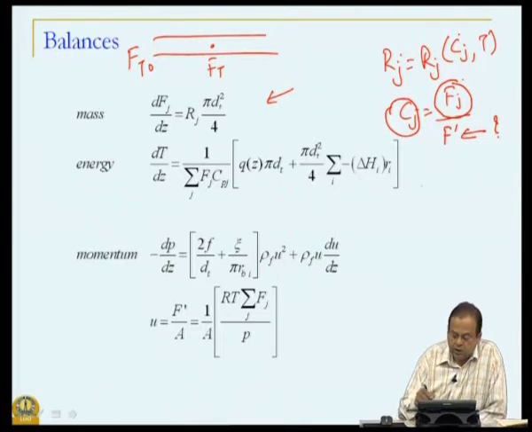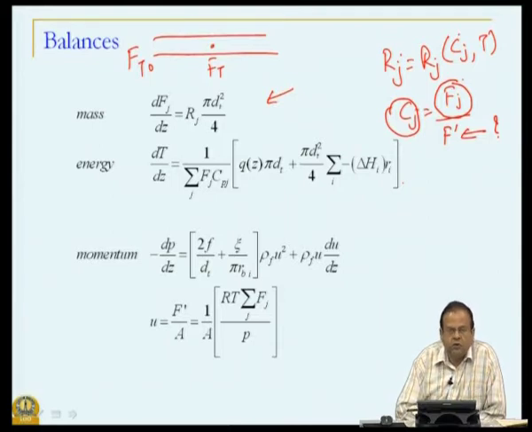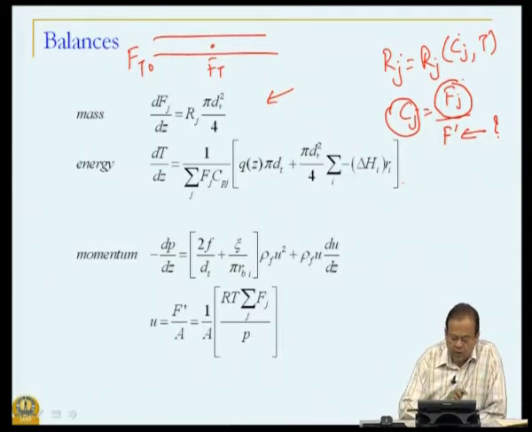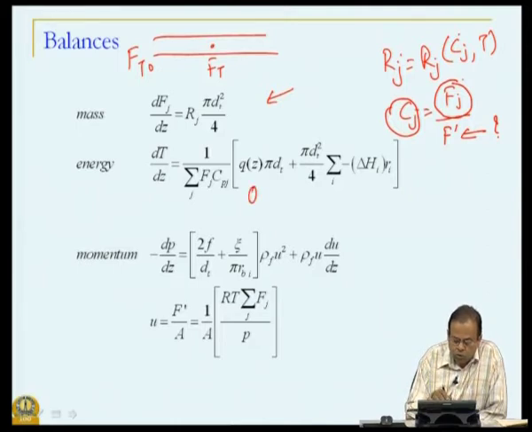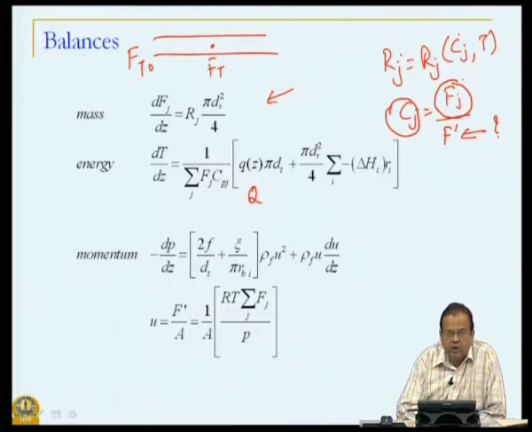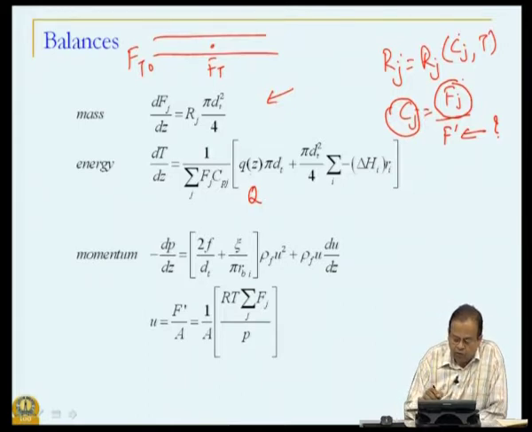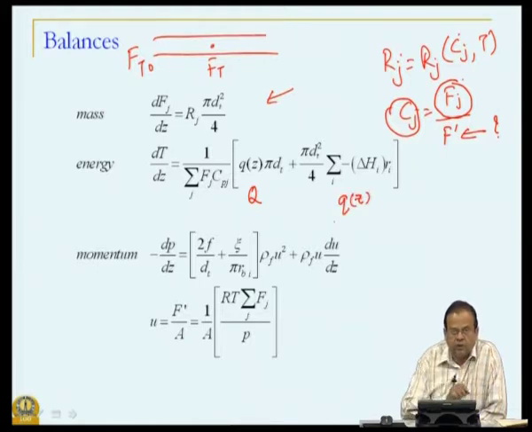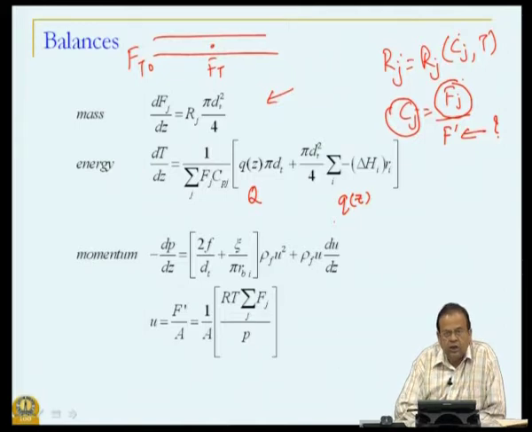Okay. Second is the energy balance. Energy balance also is the same as the energy balance for a tubular reactor, except the term Q that was there, that is the heat added to the system, is now represented in terms of the flux Qj, Q of Z, that is what is the heat flux of those burners at various different locations, and since it is changing along the length of the reactor, we represent it as Q of Z, and of course, the second term here in the energy balance represents the contribution due to all the reactions.